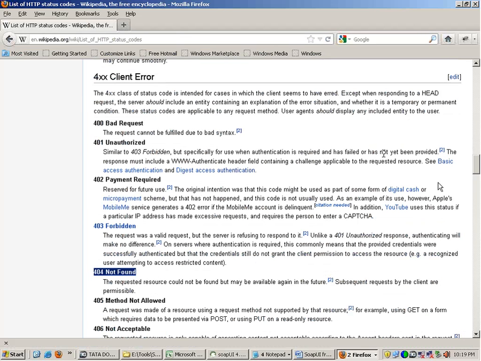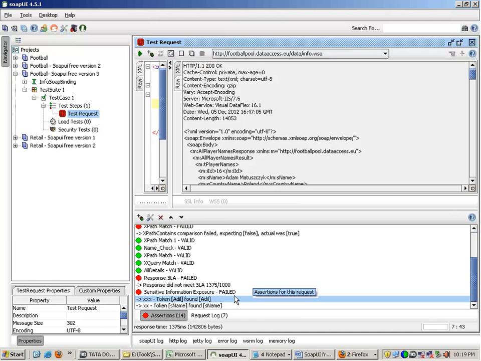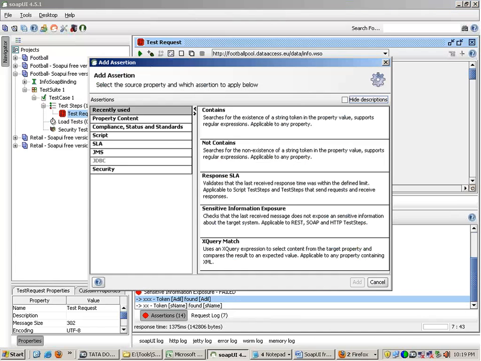4xx codes are quite bad. There are error codes and all, bad request, unauthorized. 404 not found, that means the application was not found on the server or something like that. So basically in this kind of assertion over here,